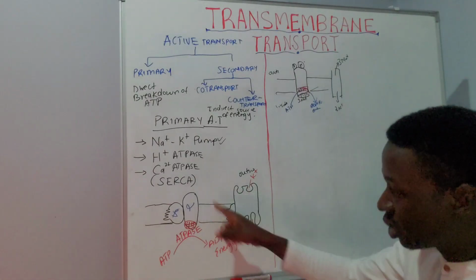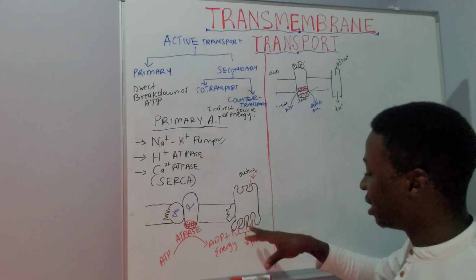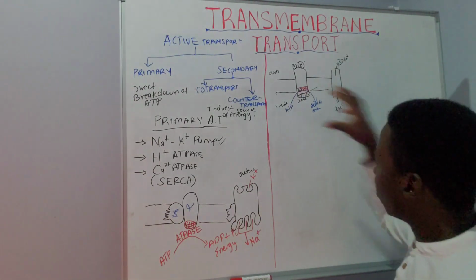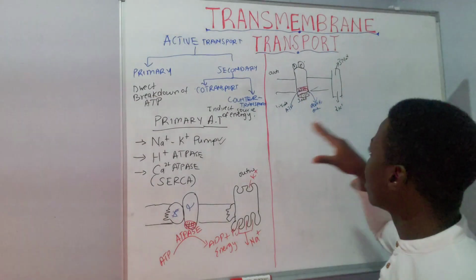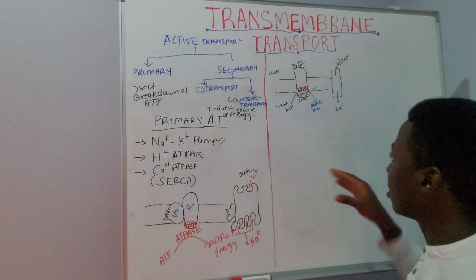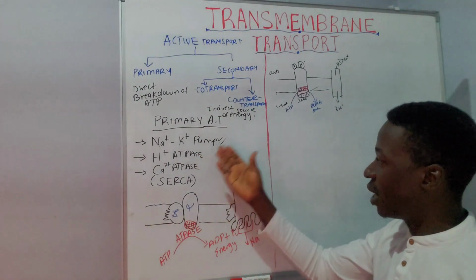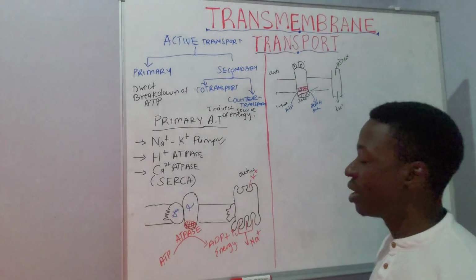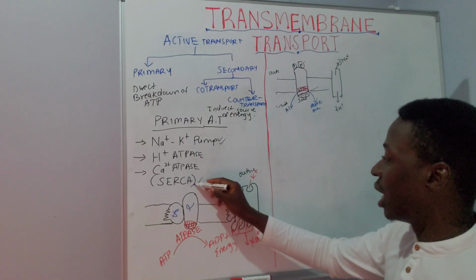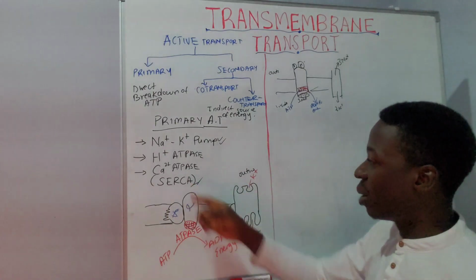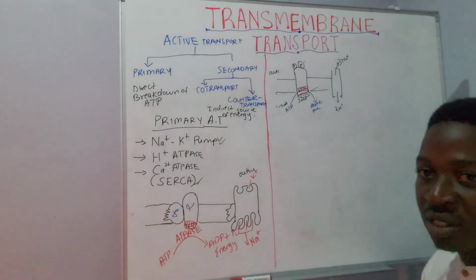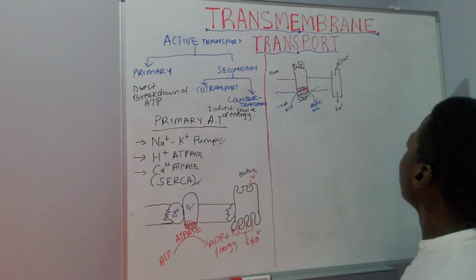And so I've talked about the structure and its binding sites. The most important is the ATPase, which cleaves the ATP to release the energy that is required. This is employed similarly in the hydrogen ATPase, calcium ATPase, and more, as we shall see. A close example is the SERCA pump in muscle contraction. So then